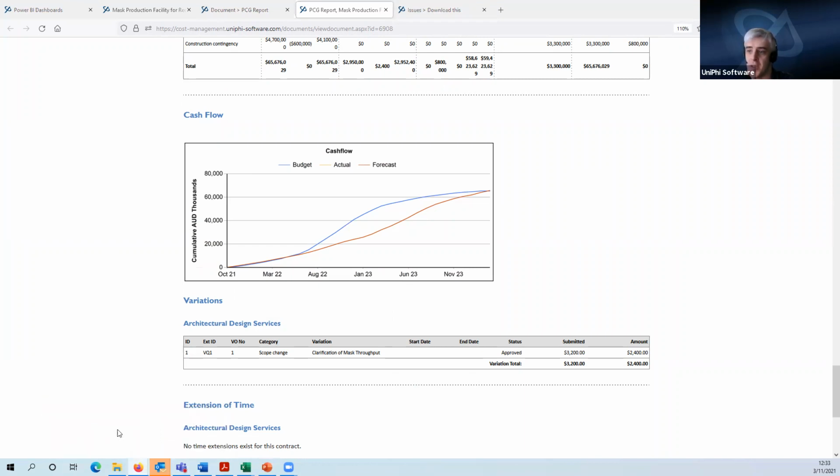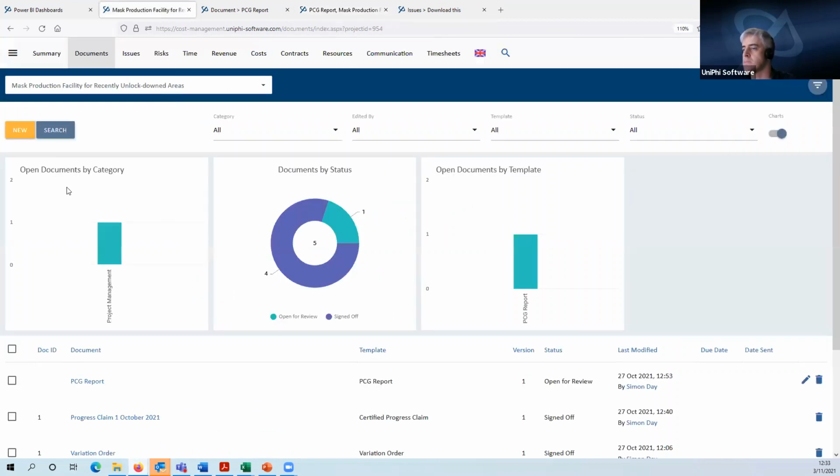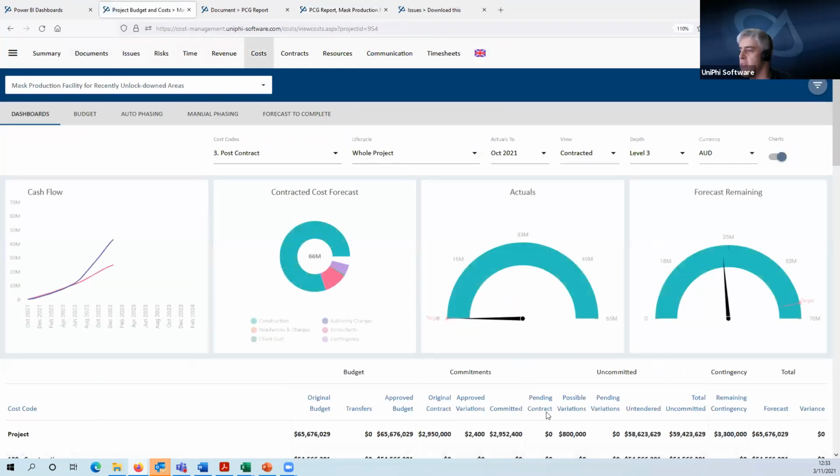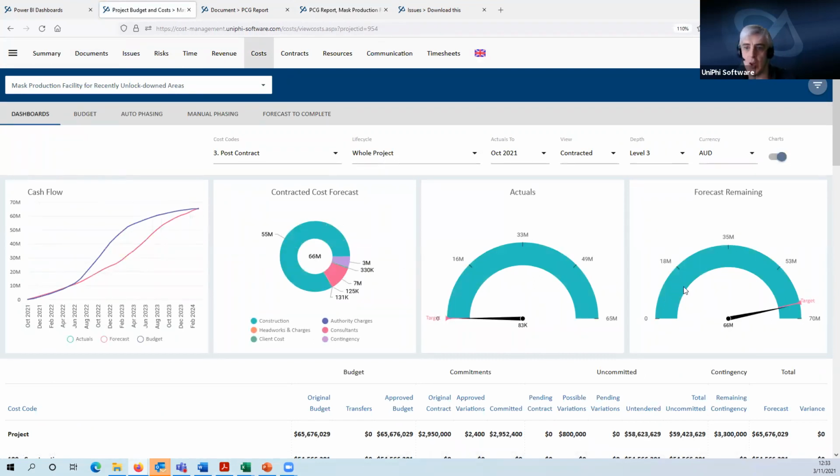So just a couple of things to show you before we close out. Back in the cost module, we've mostly had this view here, looking at these graphs to see this information as this data has been changing, but there are other views in here. If I turn the charts off,